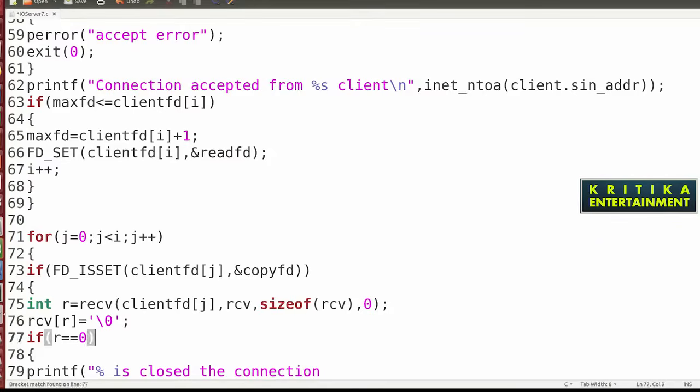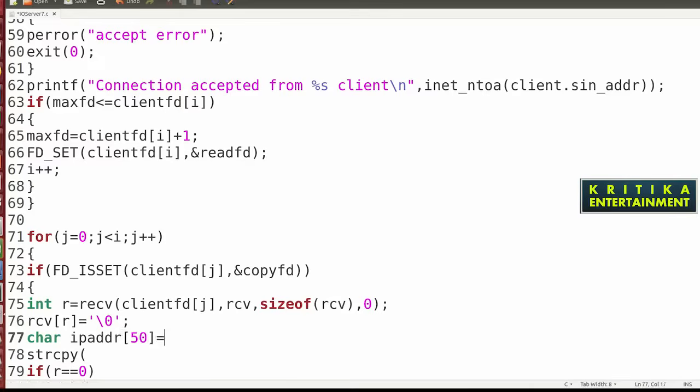So before that I will write here strcpy, which will take the IP address. Suppose we declare the IP address, char ip_addr, suppose 50.